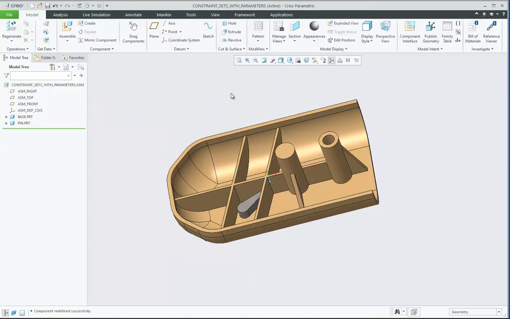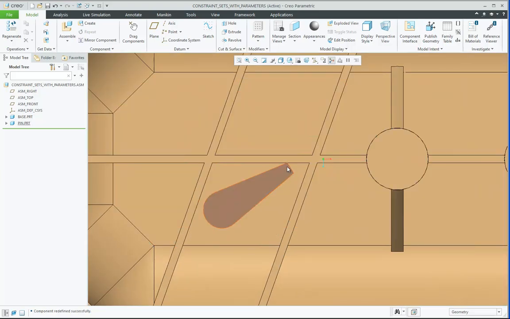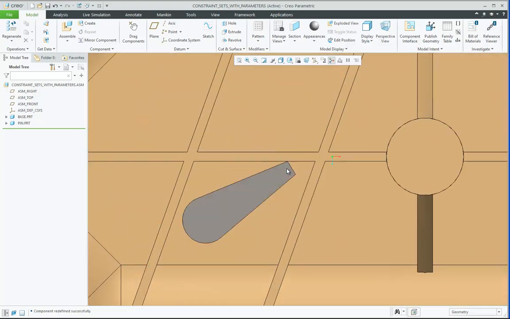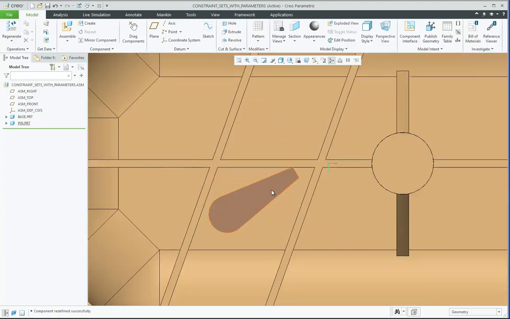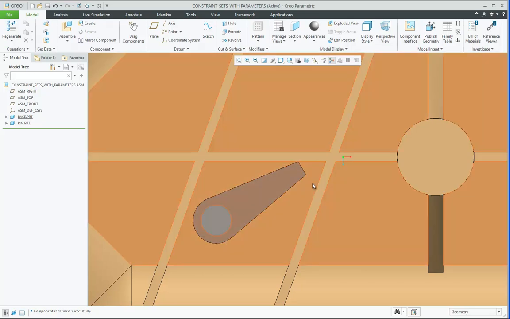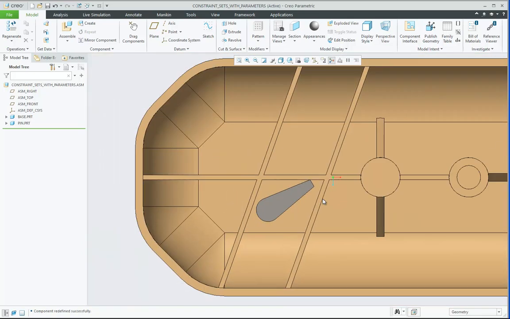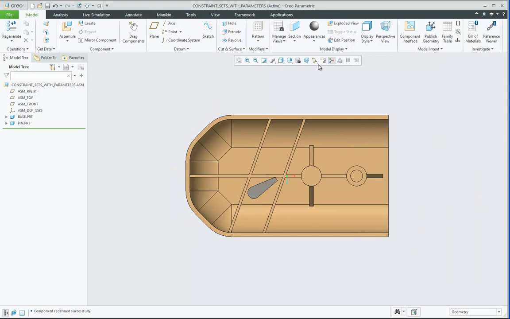Now if we observe this thing in top view, we can see that since the edge is meeting to this surface, so this pin part is over here. There is one more possibility that the other edge can touch to this surface as well. So if I want to have both the conditions and activate one of them, then I can create a constraint